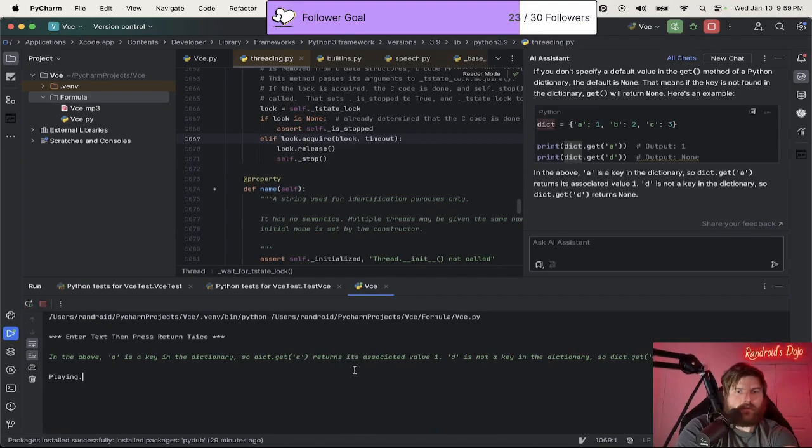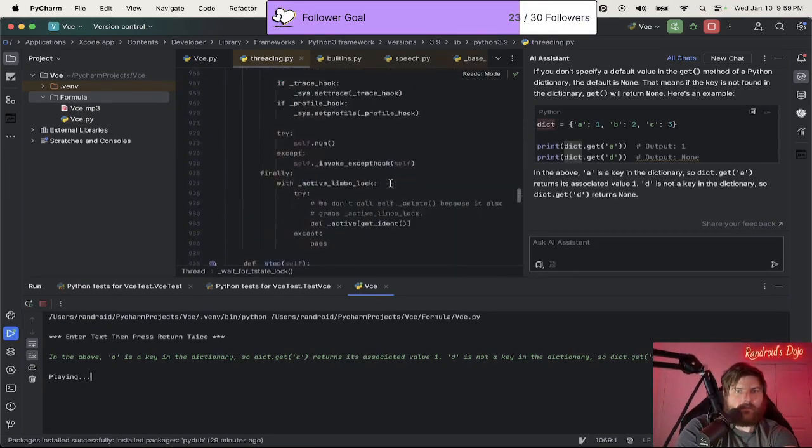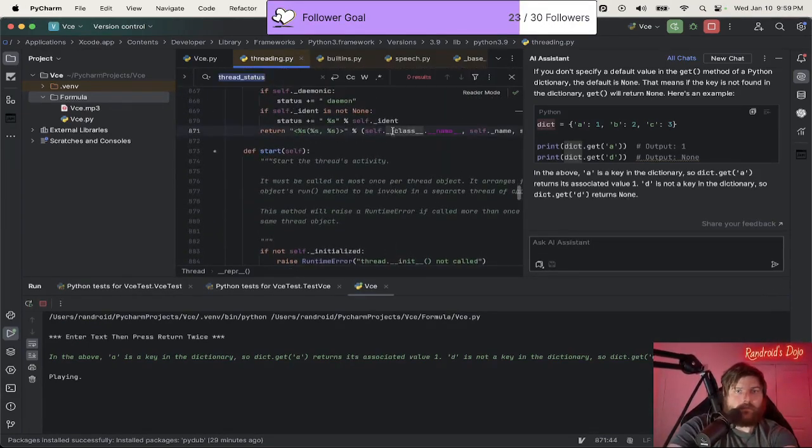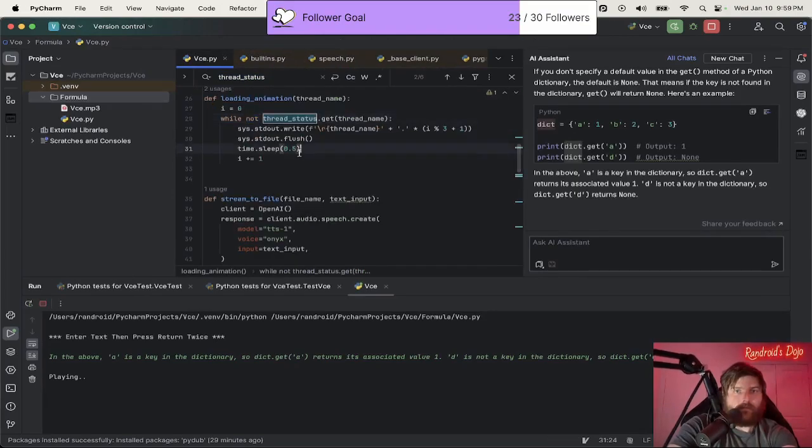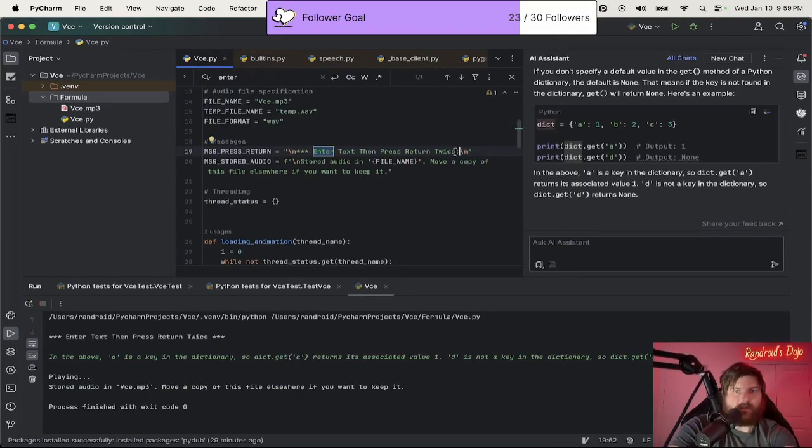In the above, A is a key in the dictionary, so dict.get(A) returns its associated value 1. D is not a key in the dictionary, so dict.get